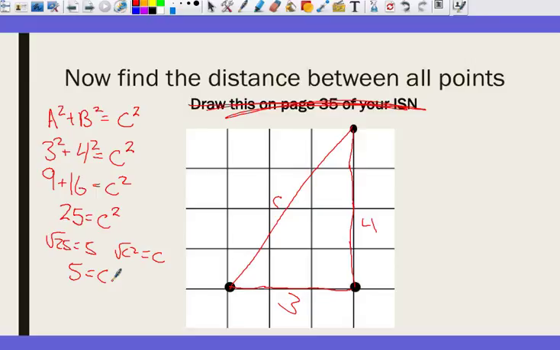Why do you think I chose 3, 4? Right? There's more of them. That's called a Pythagorean triplet. There's a bunch of them. This is 5. Okay. Now that's all fine and dandy. I know you guys know how to do Pythagorean's theorem. What I care about right now is